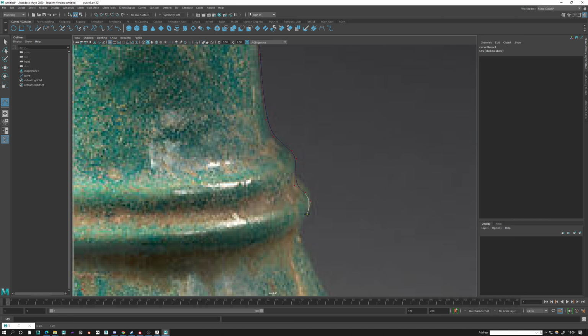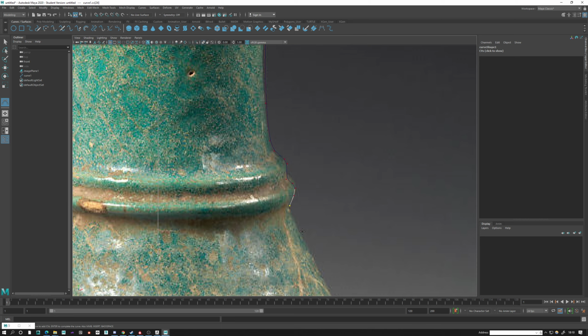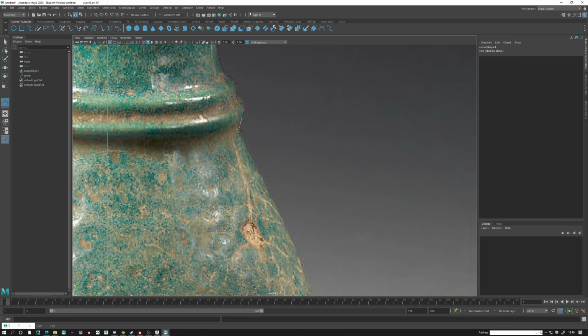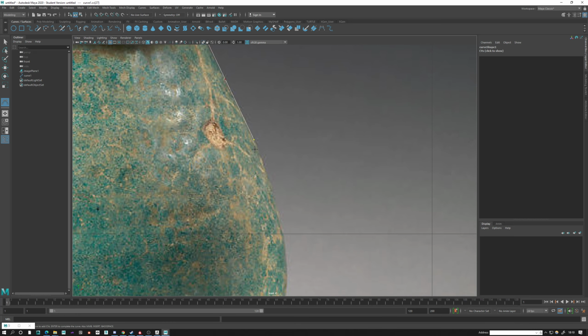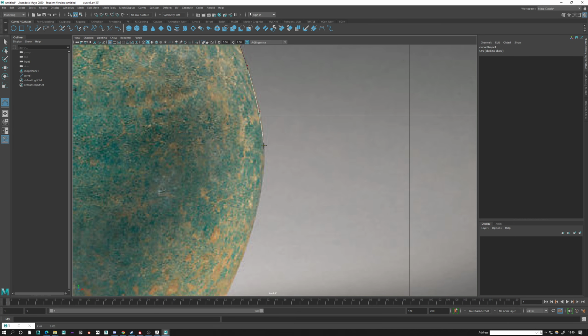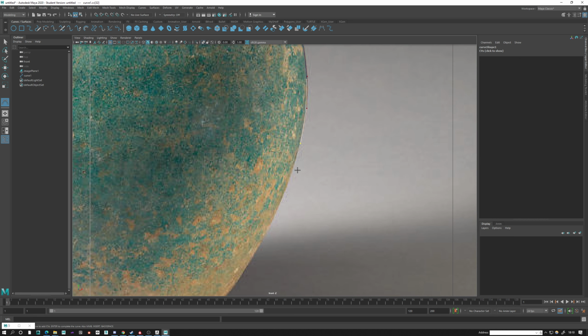Depending if this asset is going to be for game or for a film, you might want to consider adding more of these points where it's needed, where it's more rounded. For example,